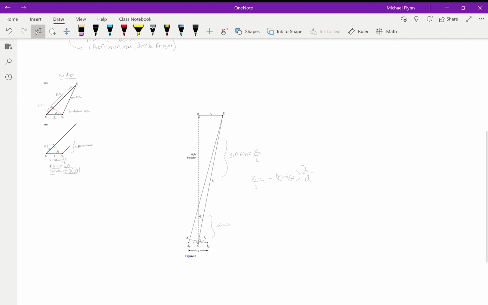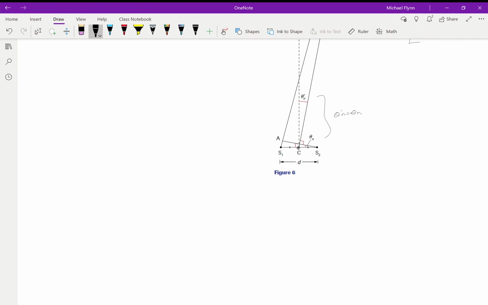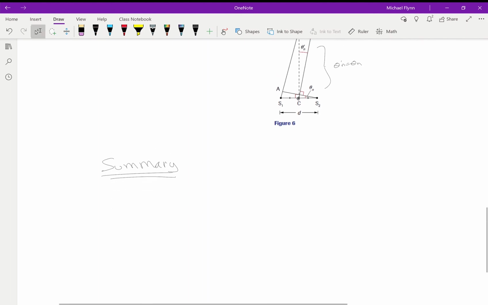But just to summarize here, I'm going to summarize at the bottom. The really important thing is you know what each of these variables represents, and then you can do the homework questions. So the summary for 2-point source interference,